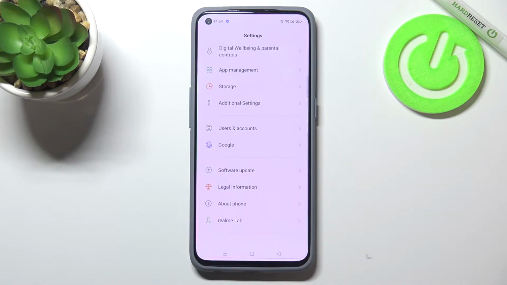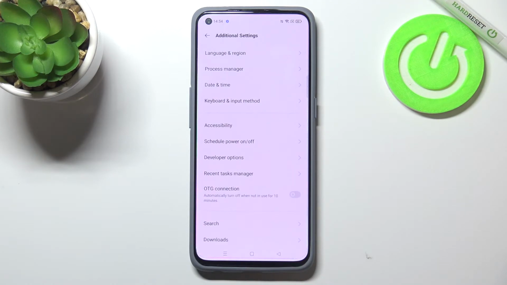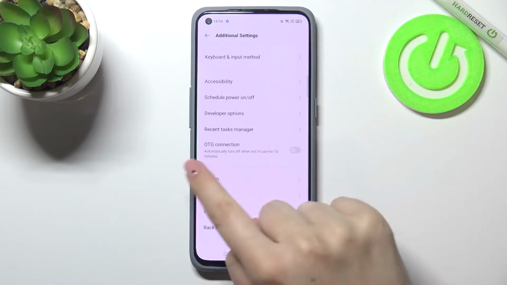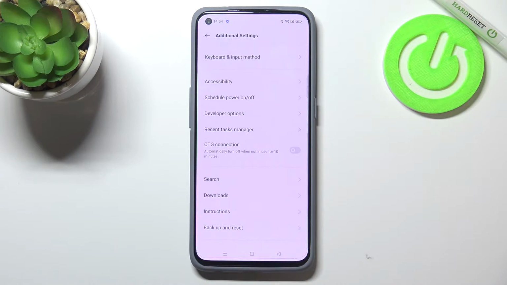So firstly, let's enter the settings, and here we have to scroll down to the very bottom and tap on additional settings. And as you can see, in the second section at the very bottom of it, actually we've got the OTG connection option, which is right now turned off. So if you'd like to turn it on, just tap on the switcher, and from this moment this option is